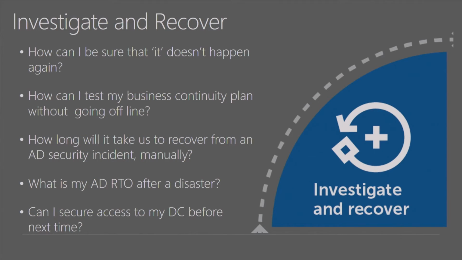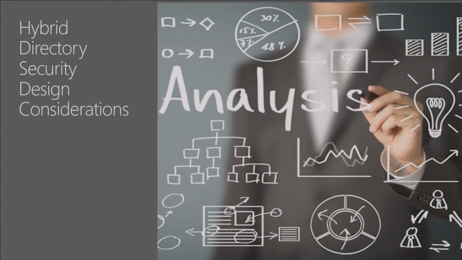We talked about investigate and recover, right? So you need to be able to investigate the scope of the incident: what LOBs got affected, what geographies, how many people, how many servers. And then right away, be able to remediate that as fast as possible with the least amount of effort and bring your environment back as fast as possible.